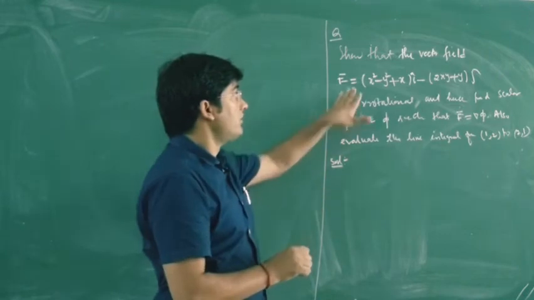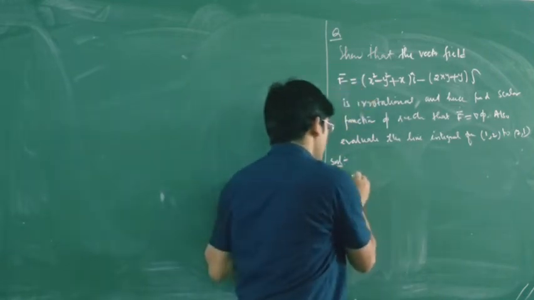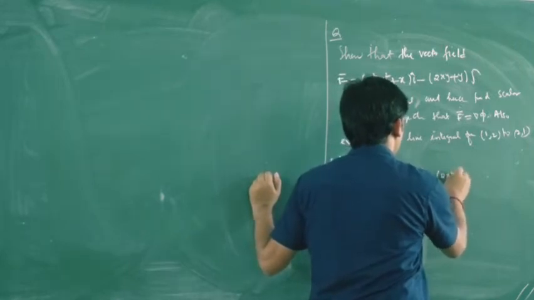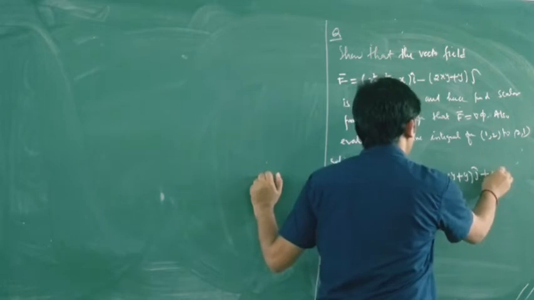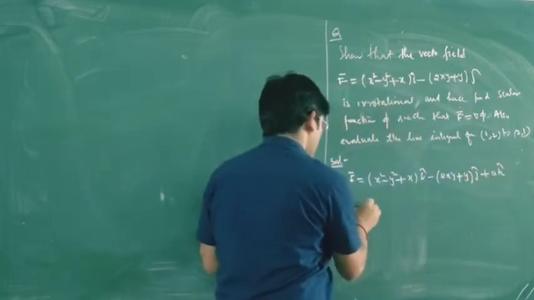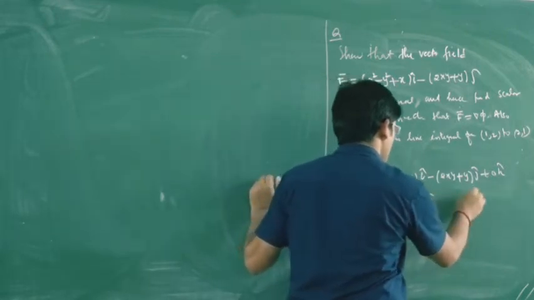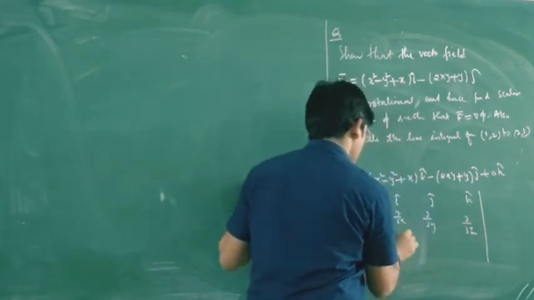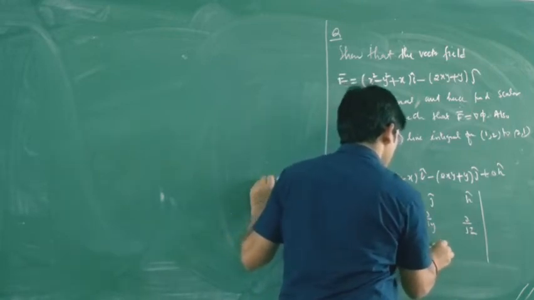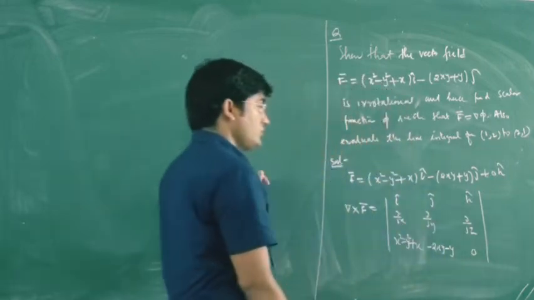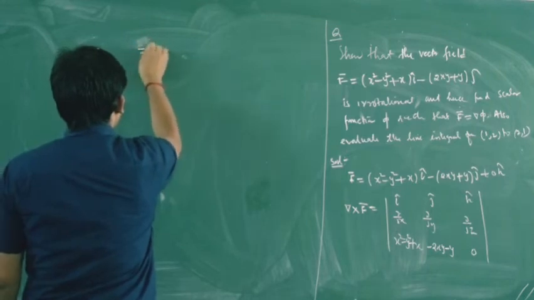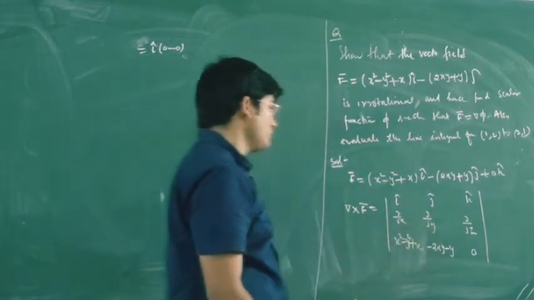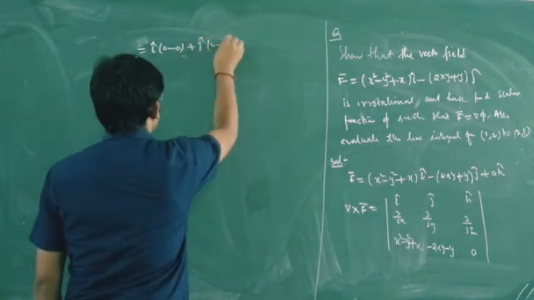Solution. First of all, we will show that curl of f is equal to 0. So your f is equal to (x square minus y square plus x) i minus (2xy plus y) j, then we can write plus 0 into k. So curl of f will be the determinant of i, j, k, del by del x, del by del y, del by del z, with x square minus y square plus x, minus 2xy minus y, and 0. So this is equal to i into 0 minus 0. This is your first component. Then for the j, again we have 0 minus 0. Then for k,